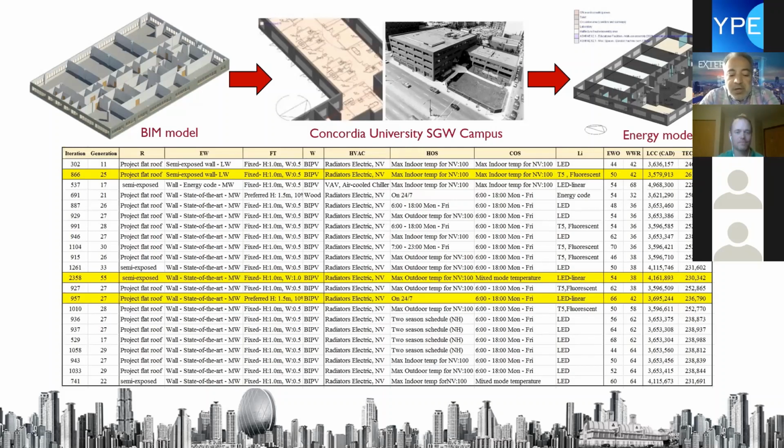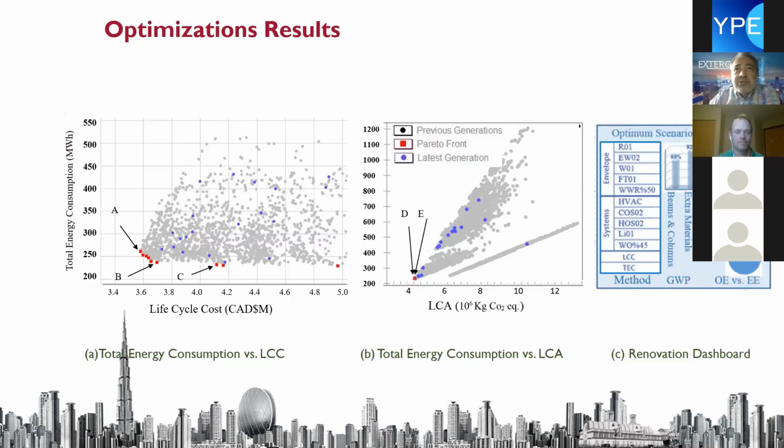So we run the model because it's like a training model, it's an AI model. The model runs for more than 5,000 iterations for each round, and it goes to the optimization, as you can see here. So we compare the total energy consumption with the life cycle cost. The red dots are the least cost with the least energy consumption, which we call the optimization based on the AI algorithm. So we chose that one, and that's how we optimize the data.